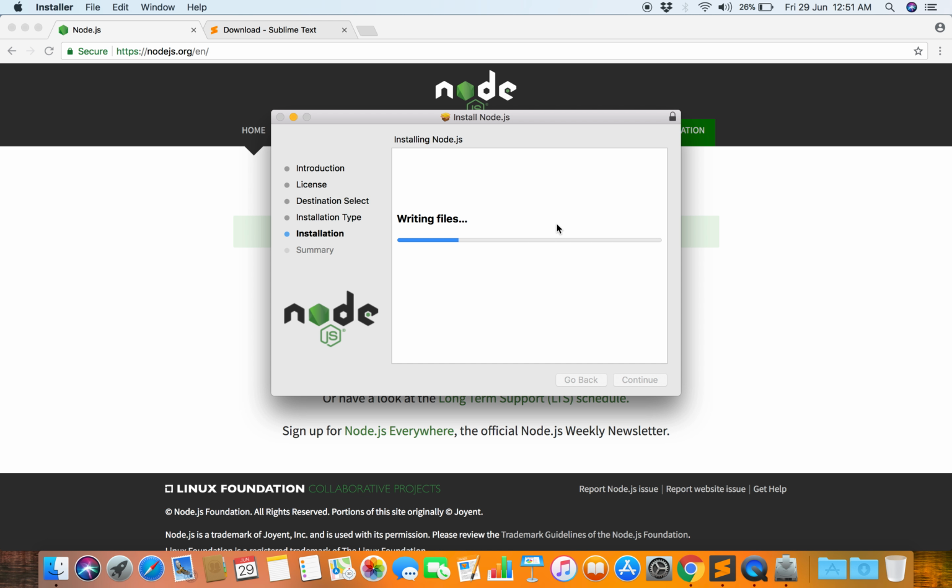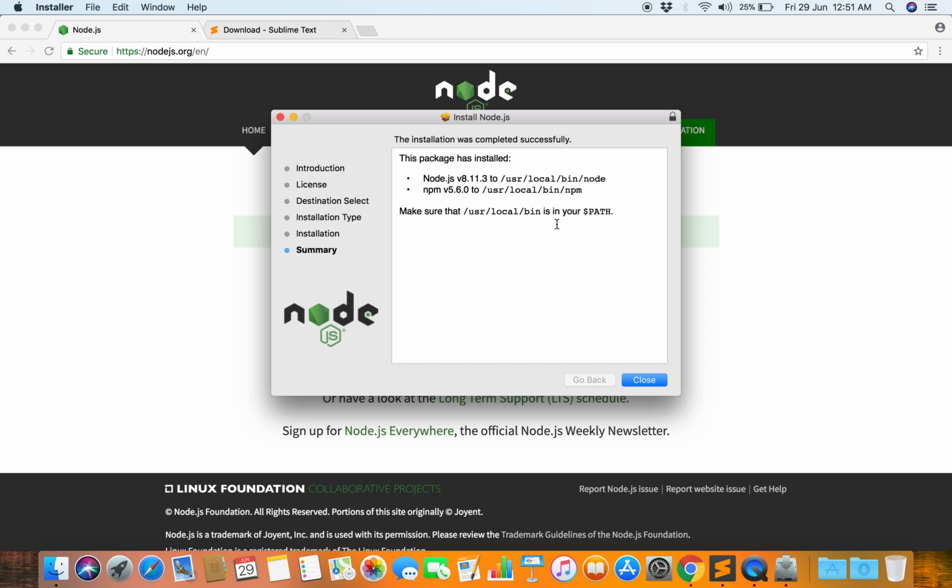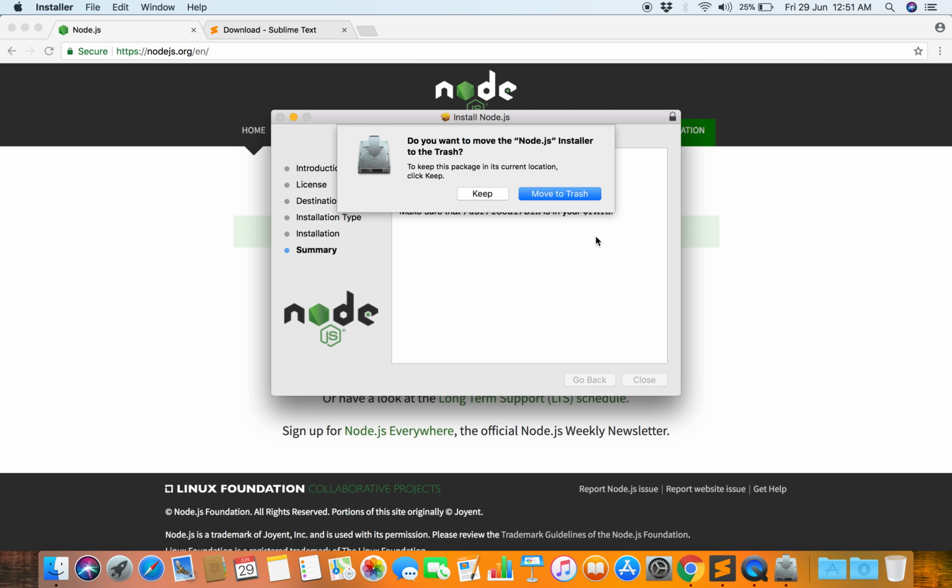It takes a few seconds to install. So the Node.js install is successfully done. The installation was completed successfully. Then click the close button,